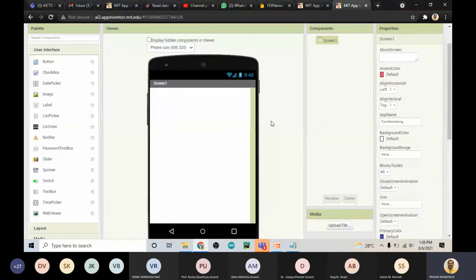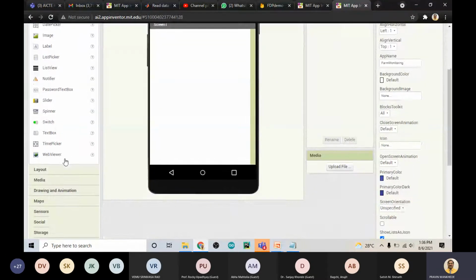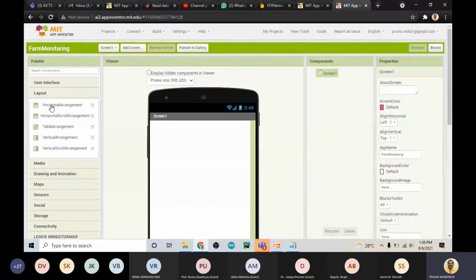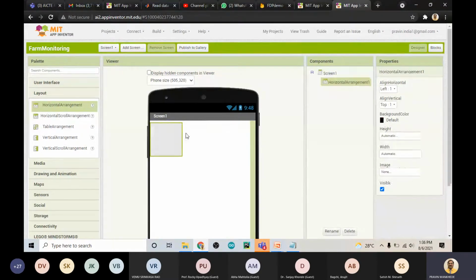So we'll add something here. I'll go to layout first, and I'll add the horizontal arrangement here. I'll make this horizontal arrangement width as fill parent. And now click OK.